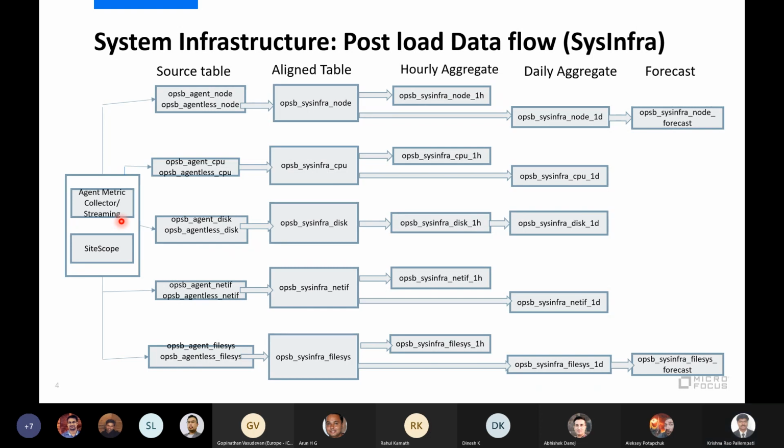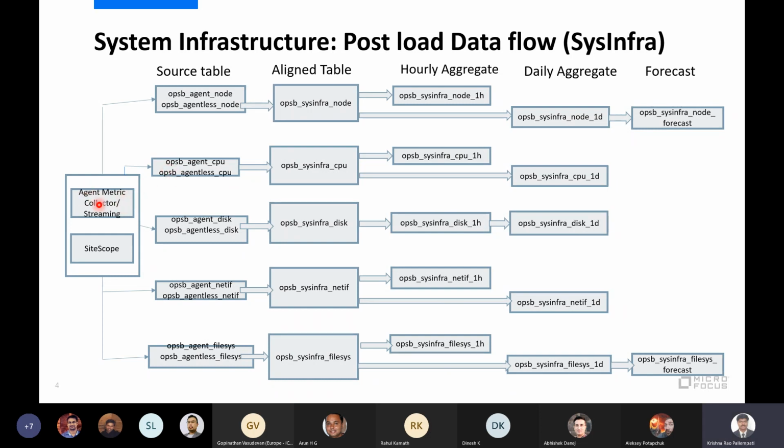Now these are the source mechanisms to push the data, and the streaming knows the destination table also. We will mention in a policy what my source type and category are, for example scope global, scope CPU, disk, all these things. And then we will map the target table as well. Once we map the target table, it knows which table I need to push the data to, so it will push into the respective tables.